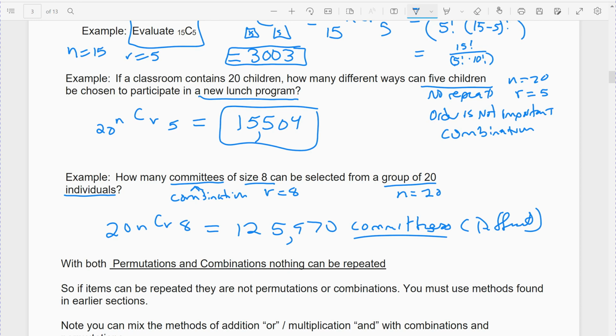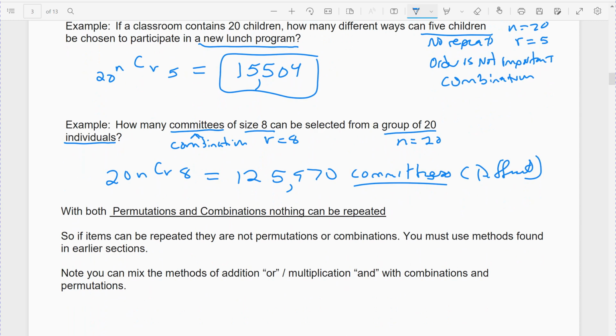The biggest thing with permutations and combinations, you can only use them if nothing can be repeated. I can't pick the same person twice. I can't pick the same piece of candy twice. I can't pick the same letter twice. So this is the case when there's no replacement, no repeating. The letter can only be chosen once. So you can only use those in those cases. If repeats are allowed, you must use one of the earlier methods that we did,